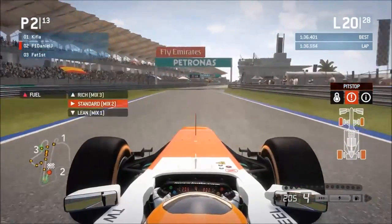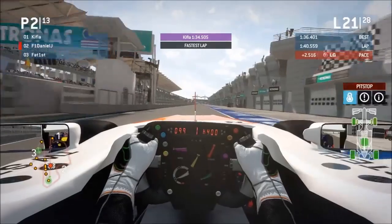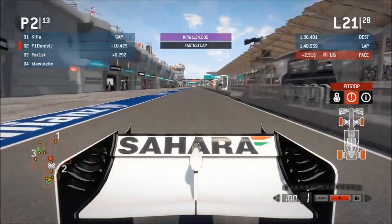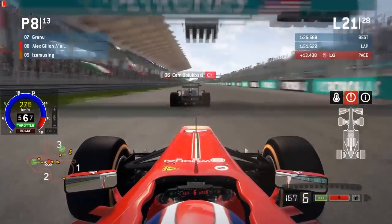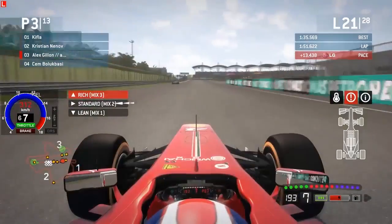He's probably going to be very fast for laps 21 through 26, but laps 27 and 28, he is really going to be struggling on those option tires, I think, as they will be near the cliff, if not off the cliff. And here he is diving into the pits, and as we mentioned, he is going to drop. He's going to drop several places, but he should be pretty close to a number of cars as he's coming